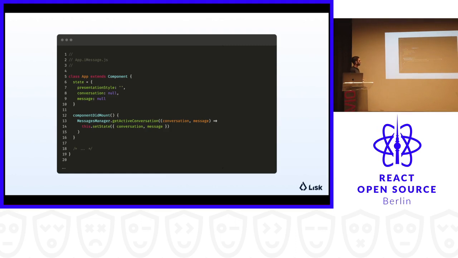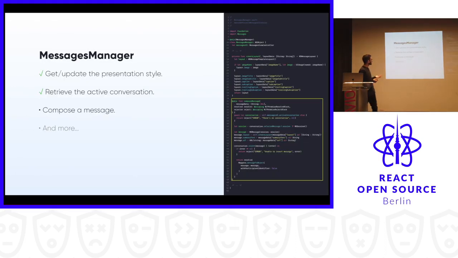And here's how we made use of it on the React Native side. Again, in componentDidMount, we call the getActiveConversation method to retrieve the conversation and the message. Then we just keep it in our state. So the second mission is also completed, but the third one is a little bit challenging because at the end, we need to construct this layout